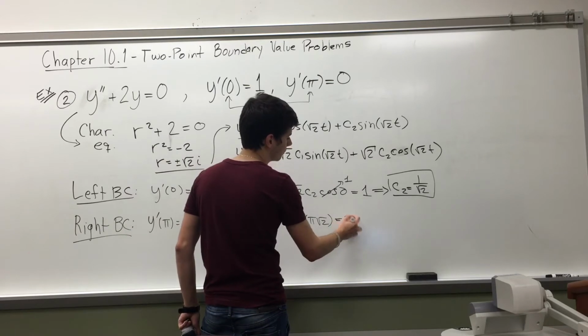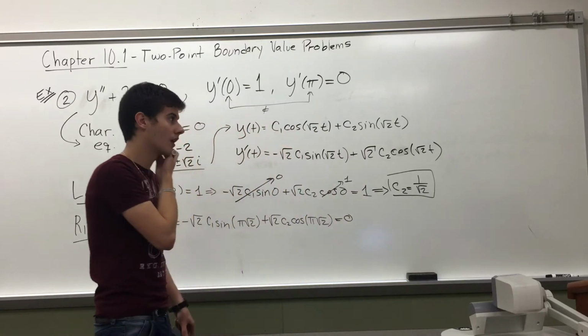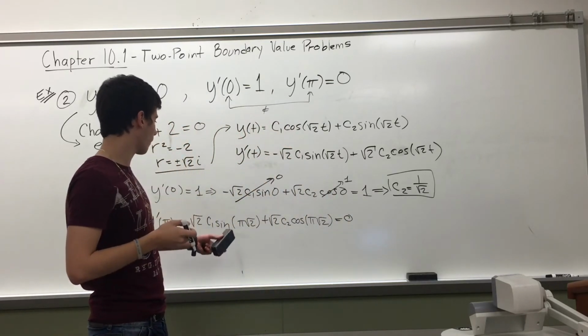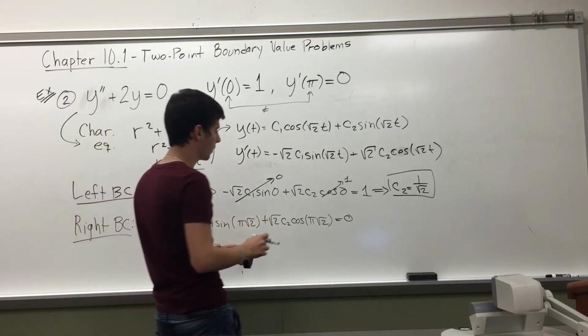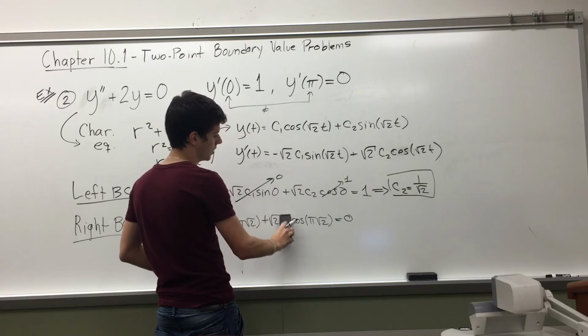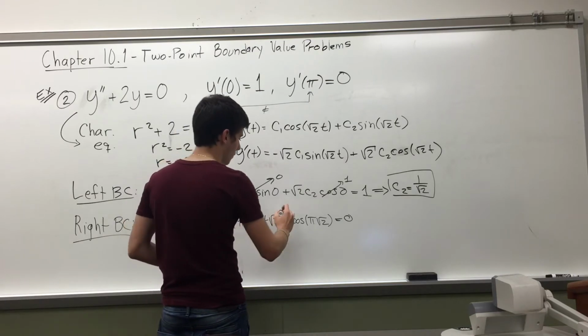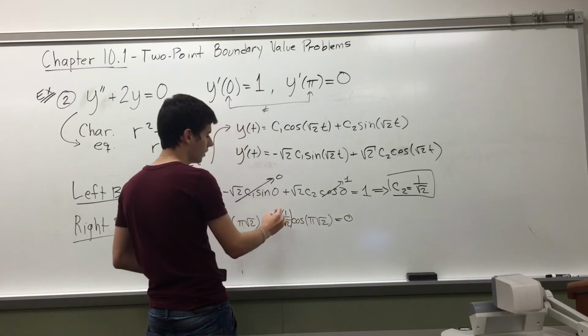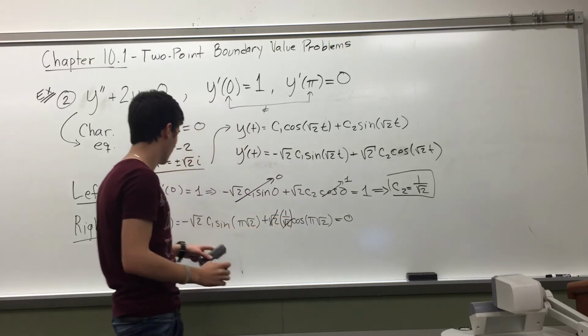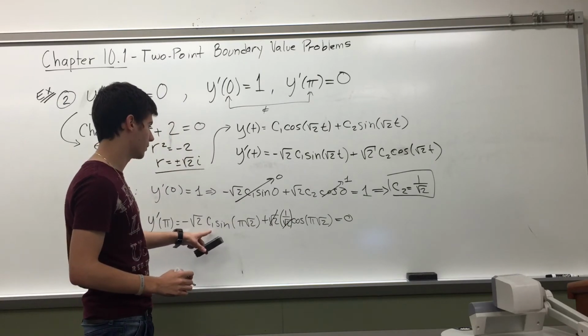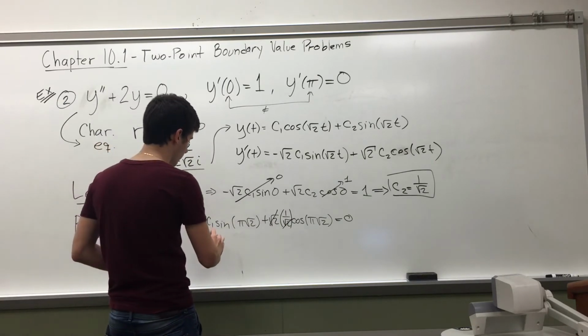That is equal to 0. So we know what our c2 is. If we want to plug this in, I'm just going to erase it here and plug it in, which is 1 over the square root of 2. So the square root of 2 cancels out in this term. And if we're going to solve for c1, we're going to get that